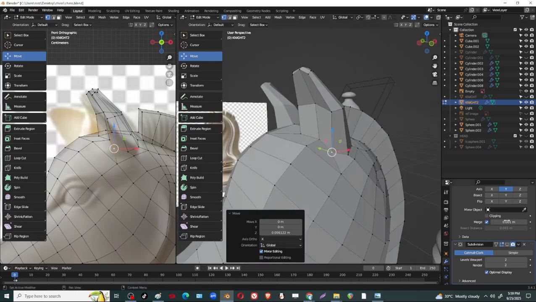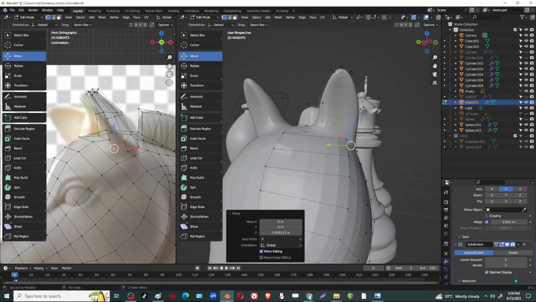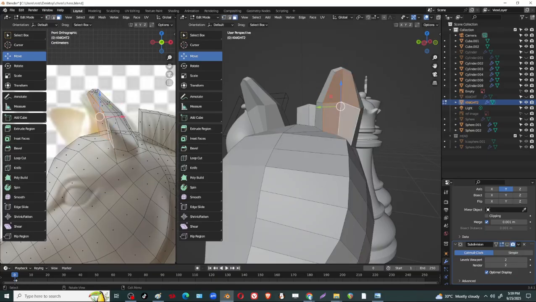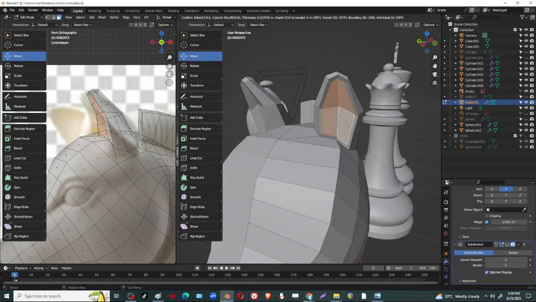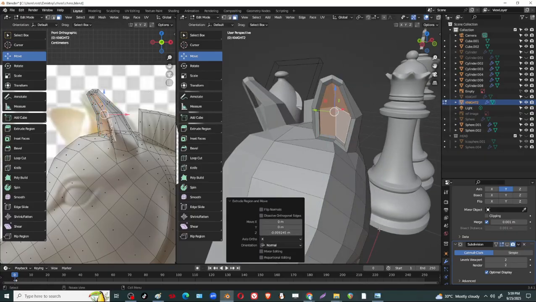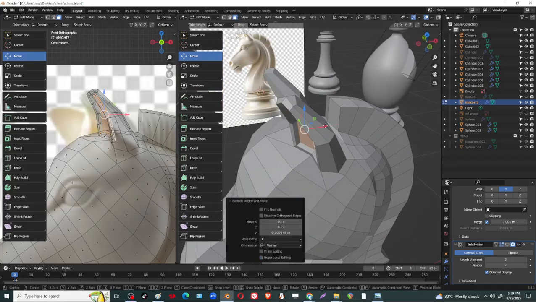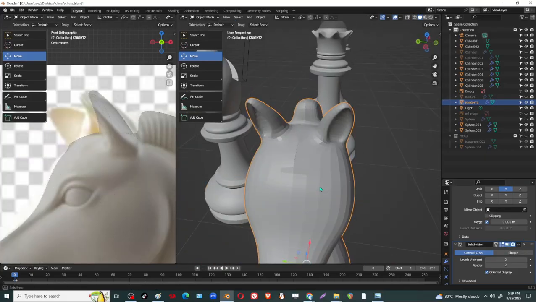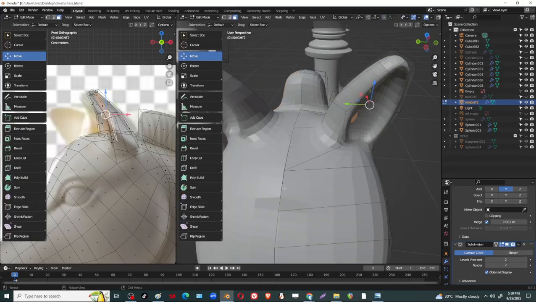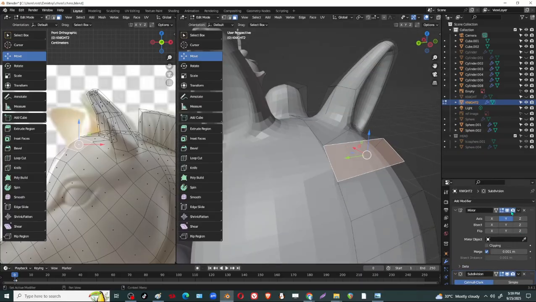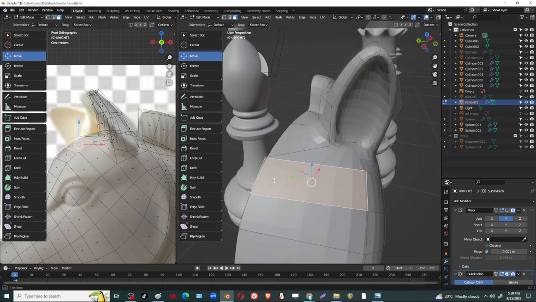so let's see how it looks like when it's turned on. Smooth. Okay, so we need to select this, inset. Okay, then extrude in a bit. Okay, then push, then turn on. Okay, so now we have the ear. Okay, so let me see if